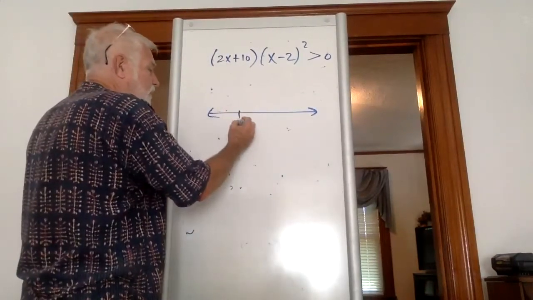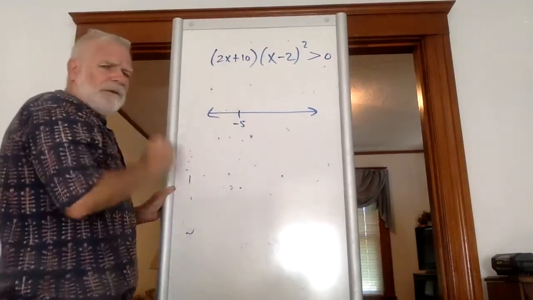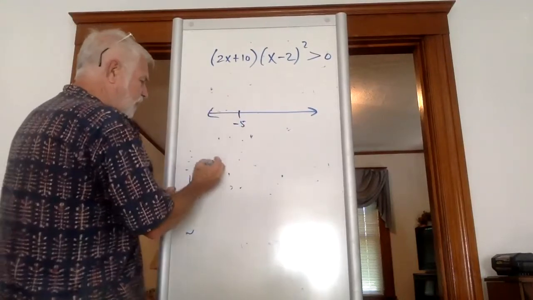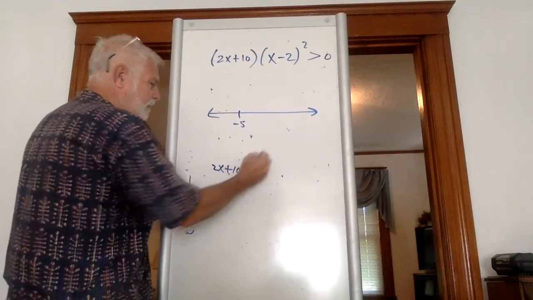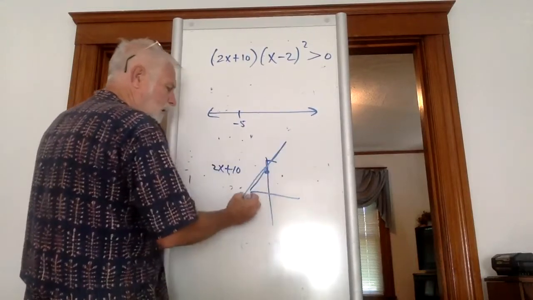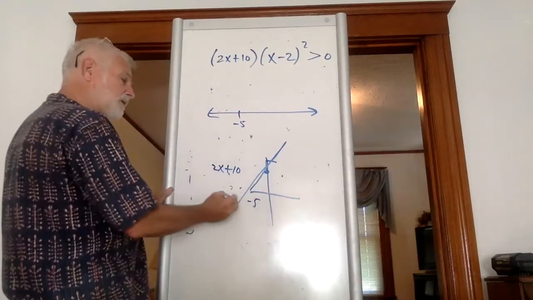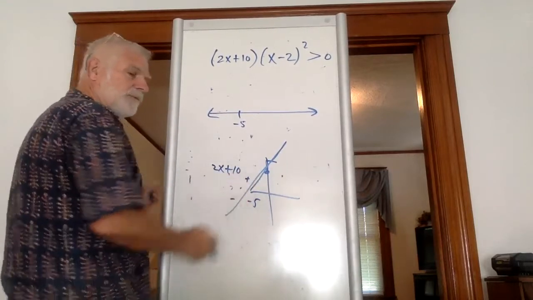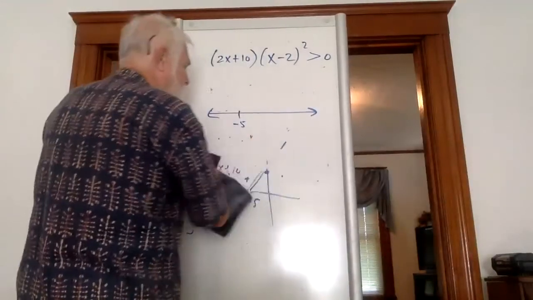Okay, -5. What do we get at -5 here? What is the graph of 2x plus 10? Let's see, y-intercept 10, up 2 over 1. What happens at -5? Oh yeah, we get a sign change. Negative to positive. Oh yeah, that's probably important to keep thinking about. x minus 2